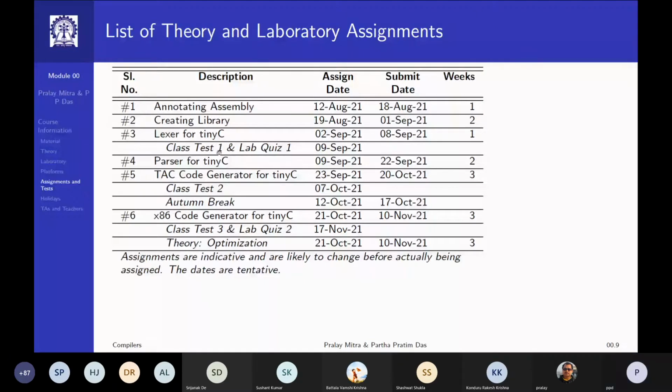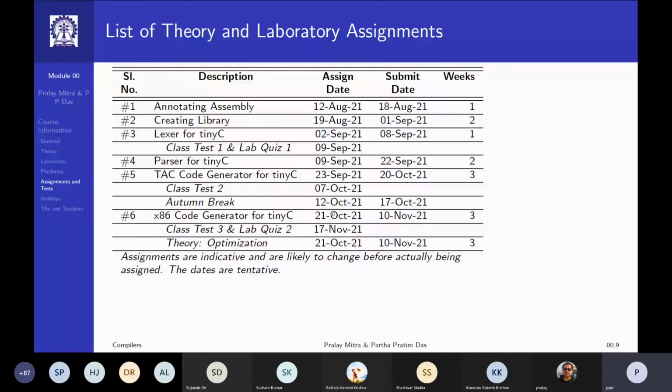So we will have the 3 tests during this time. The first will be on September 9th. Tests will be conducted during the laboratory hours. We have 2 to 5, 3 hours. So if we have class tests, that is for theory and lab quiz both, then we will split this into 1 hour 15 minutes, 1 hour 15 minutes within that 3 hours. Otherwise, we will just have only one. The second class test would be here, and the third would be here. The dates will again be checked and then uploaded.